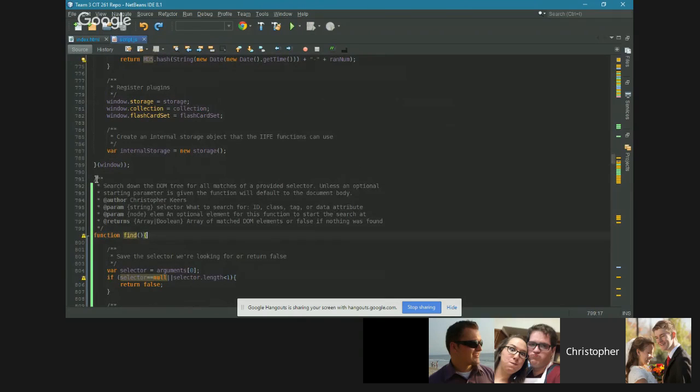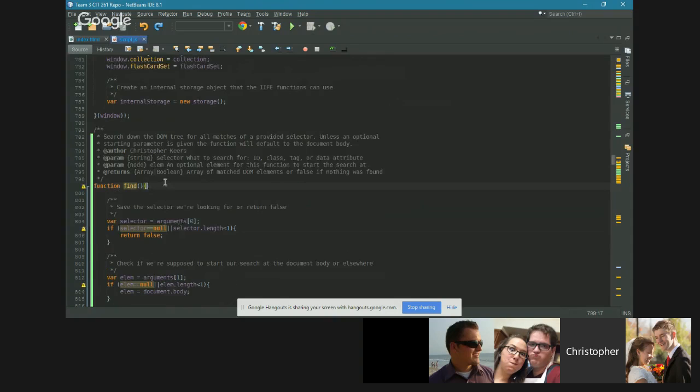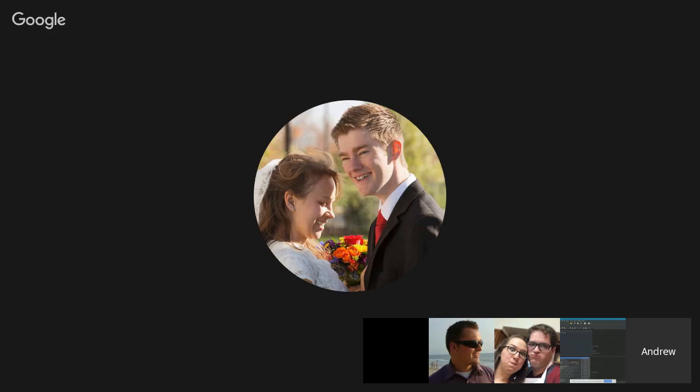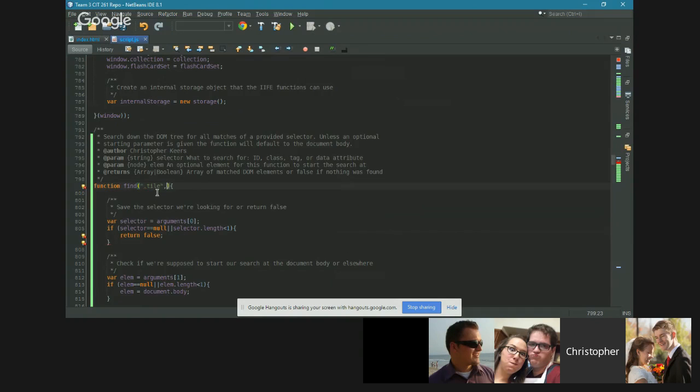I have my find function in here in case anyone needs to use it. I need it for my code. That's why it's in here, but it's here for you guys to use too if you need. So if you need a refresher on it, just let me know. It accepts two parameters. Even though there's no parameters right here, you can send in two parameters. You send in what you're looking for. So let's say you're looking for a class called tile, or tiles. But you can also send in